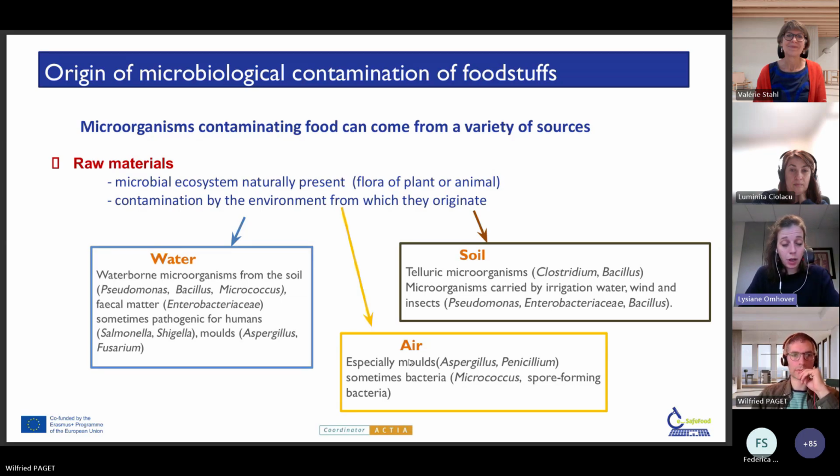It can also be contamination from fecal matter, with examples of Enterobacteriaceae, sometimes pathogenic for humans, with Salmonella